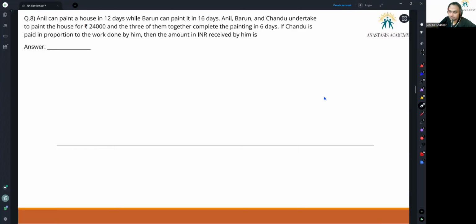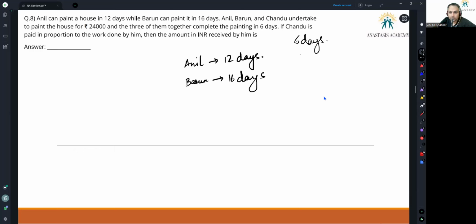Anil can do the total work in 12 days. Barun can do the total work in 16 days. But how many days have they actually worked? Only 6 days. So in 6 days, Anil would have done 50% of the work. Barun would have done 6 by 16, 3 by 8, or